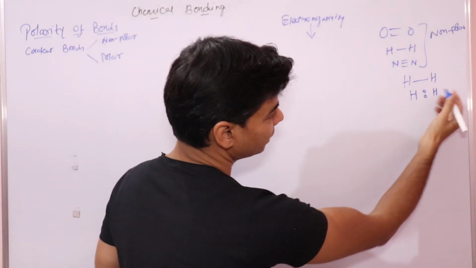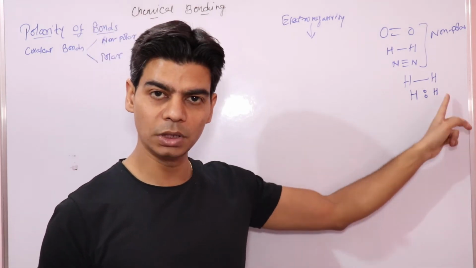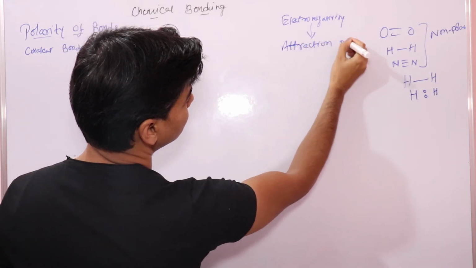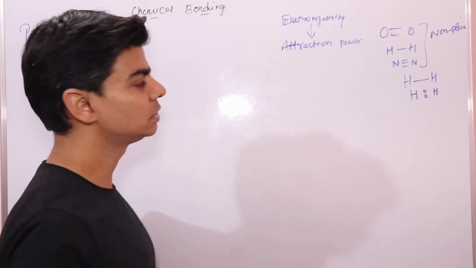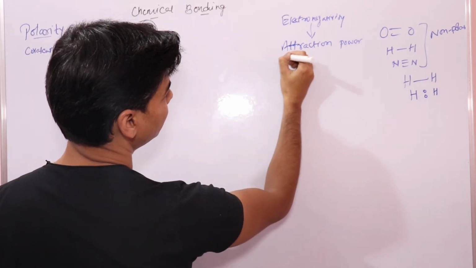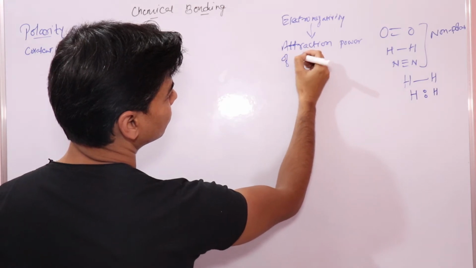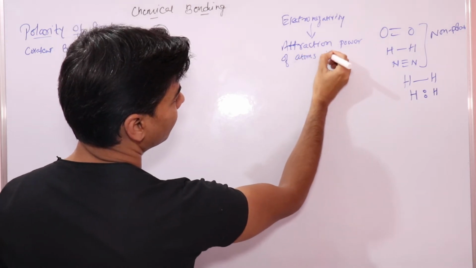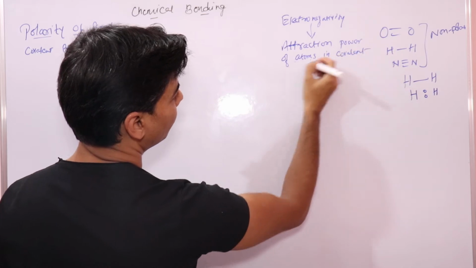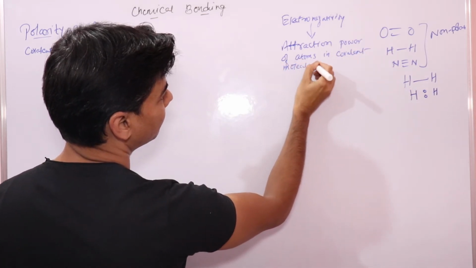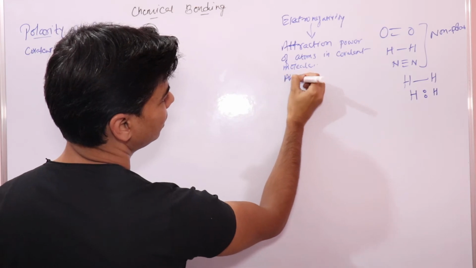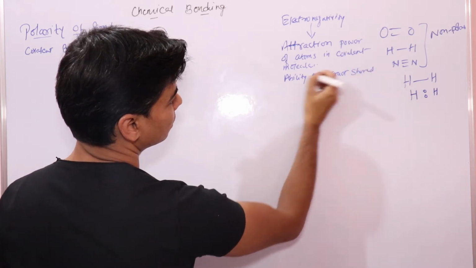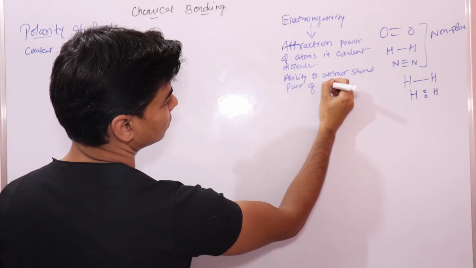Now if you look at the attracting power of hydrogen atoms in a hydrogen molecule, firstly let me just write this. Electronegativity is the attracting power, or ability to attract the shared pair of electrons towards itself, attracting power of atoms in a covalent molecule, right? Or we also call it the ability to attract shared pair of electrons or bond pair of electrons,